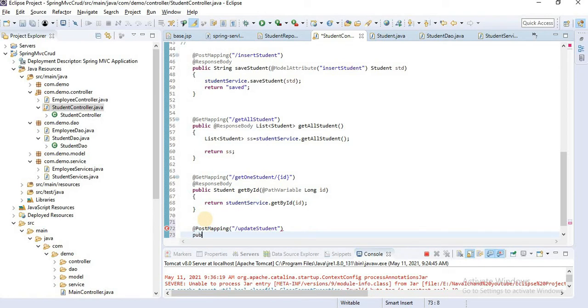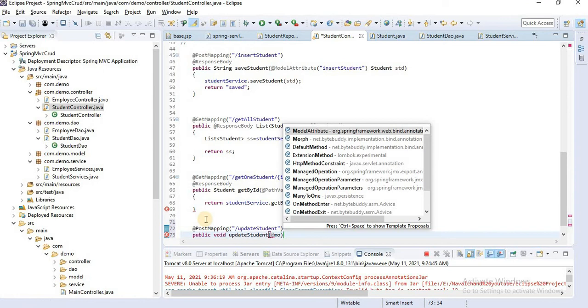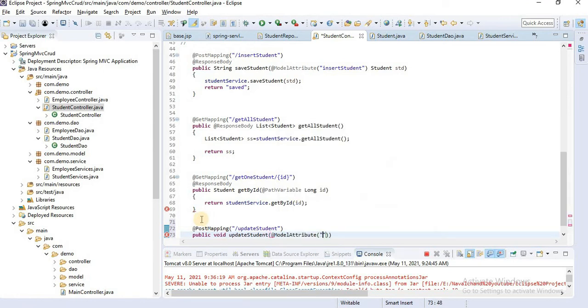Create a method, public void update student, and @ModelAttribute. In the model attribute I need to get data from the form, that's why I'll paste model attribute here, and create one student object, std.